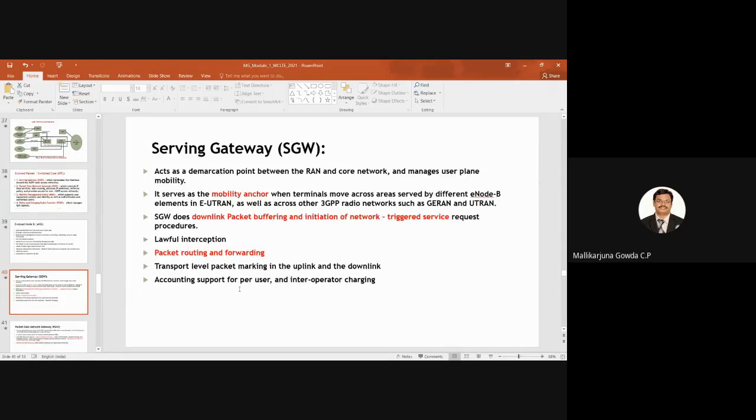Okay. So the next element is the serving gateway. As I said, the serving gateway manages the user plane mobility, right? It serves as...